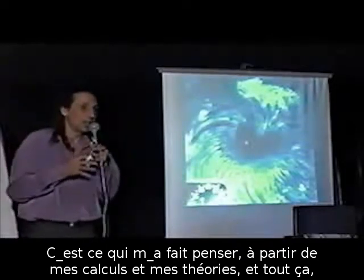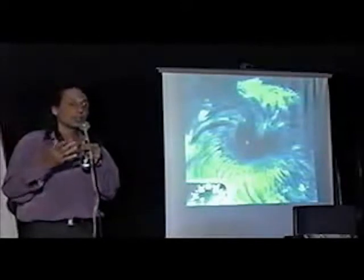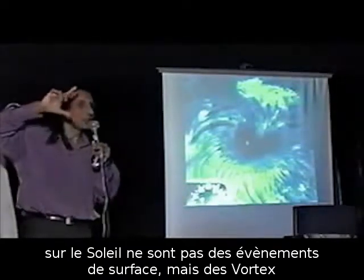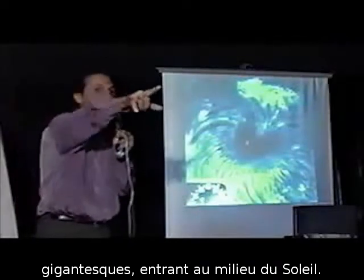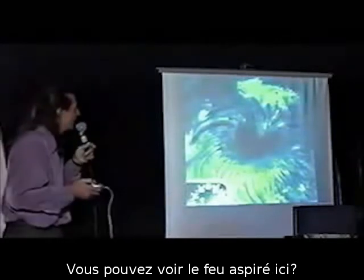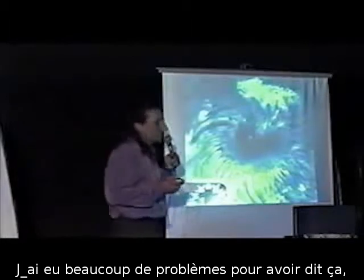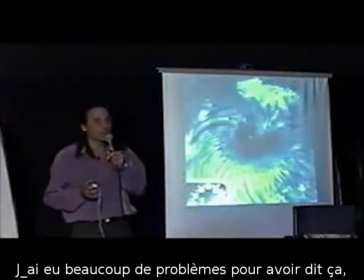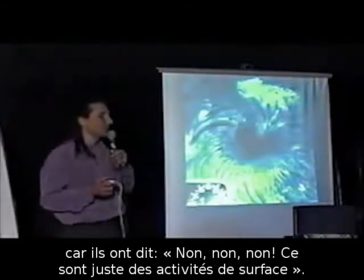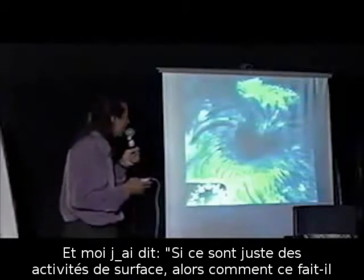That's what made me think, from my calculation and my theory, that the sunspots on the sun are not surface events, but huge vortices going to the middle of the sun. The other reason: can you see the fire being sucked in here? I got in a lot of trouble for saying that, because they said, no, it's just a surface event. And I said, well, if it's just a surface event, how come